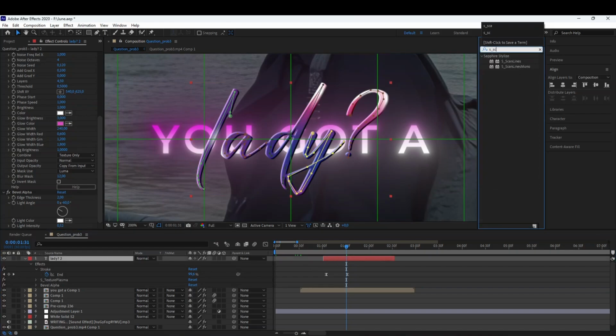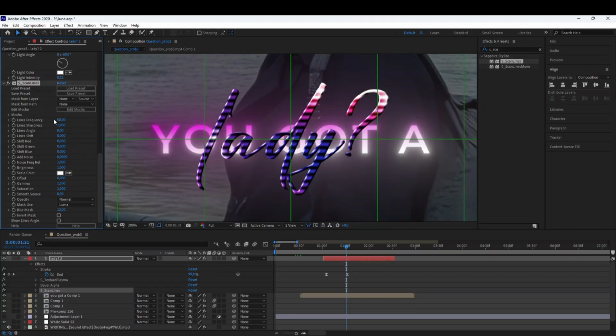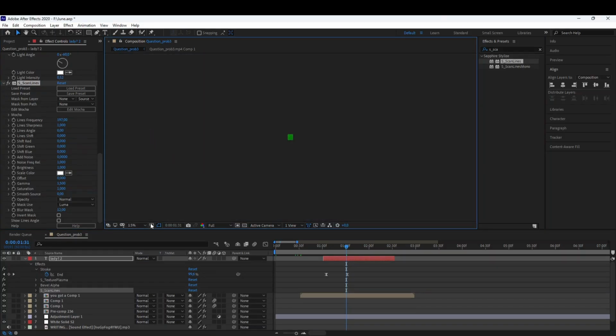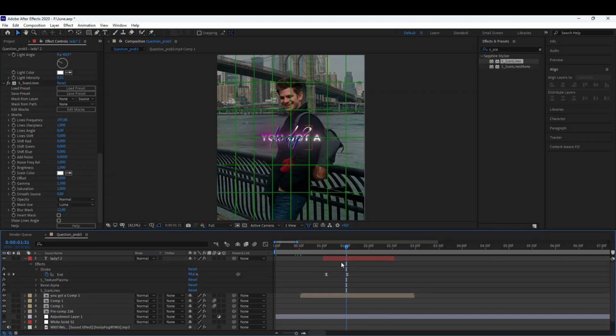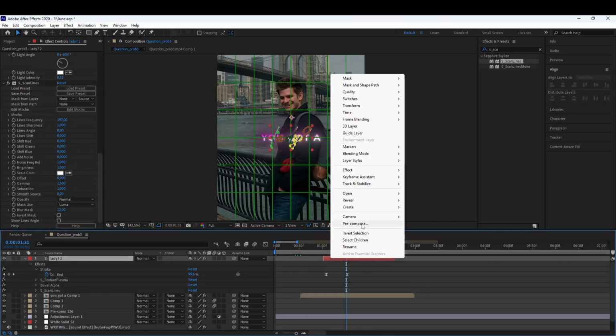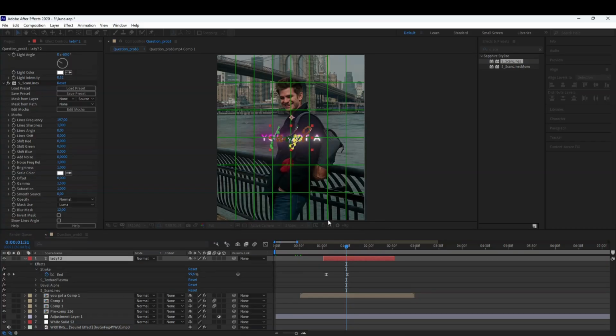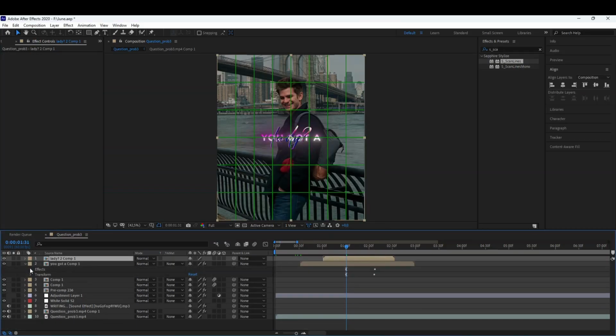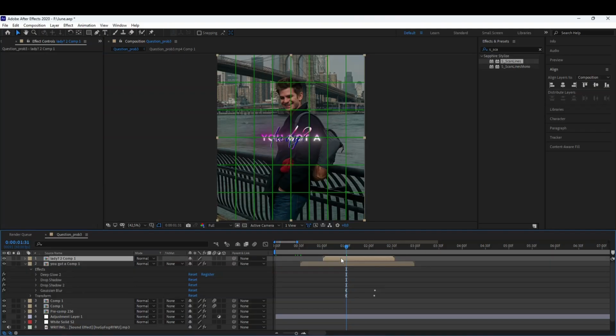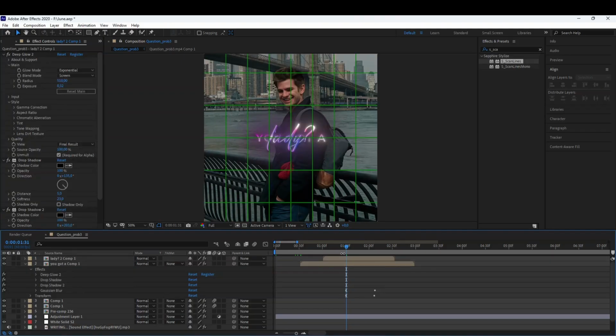Now, add S scan lines from the effects panel. You can experiment and find your own settings, or simply use mine. Pre-compose the text layer. Now, you can replicate the deep glow, drop shadow, Gaussian blur, and opacity settings from the